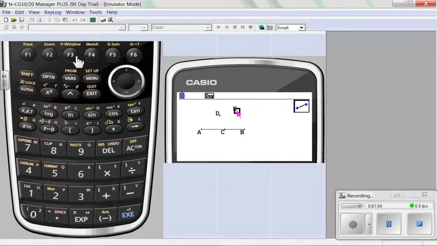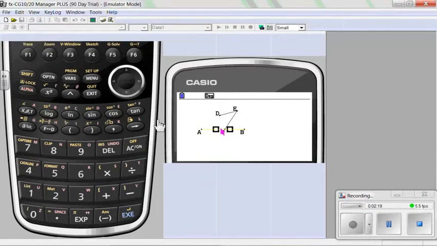Segment from that point E over to point D. And then again from point E down to point C. From here, I'll go down and over, select point C. There's my basic drawing. Press AC.